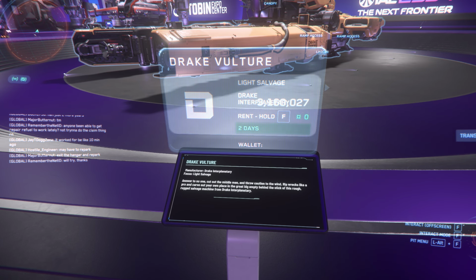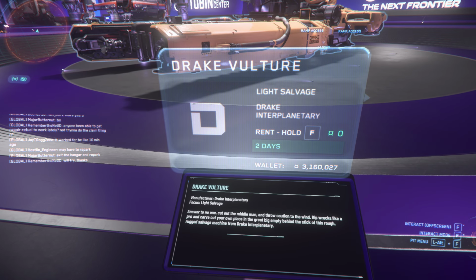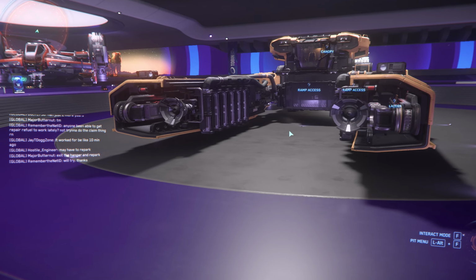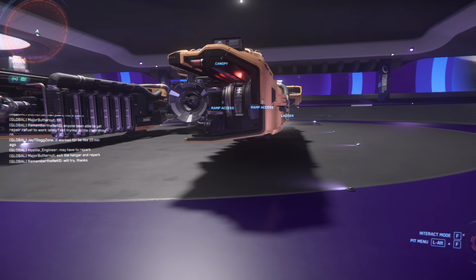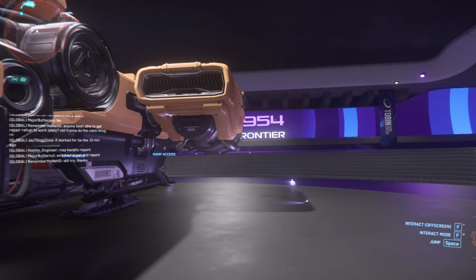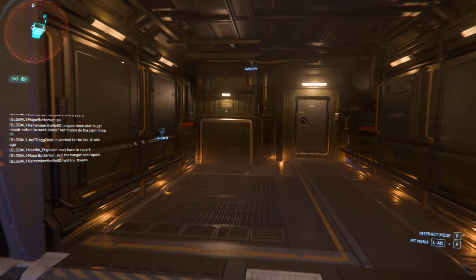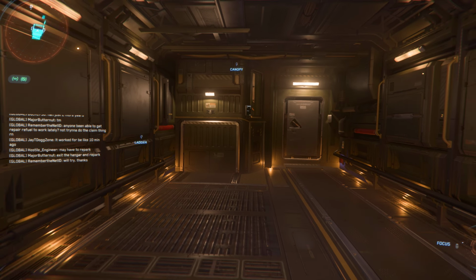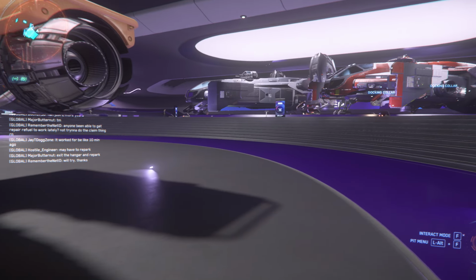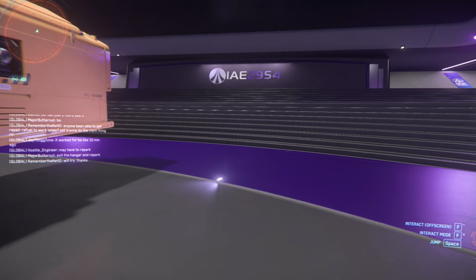Alright, this is the Drake Vulture, which is your single-person light salvage ship. So this can do hull scraping. Eventually it's supposed to be able to do some ship breakdowns on the smaller ships. It can be run by one person. It'd be more efficient with two, because the second guy can sit down here and as you're scraping the ship, it pushes out the container cubes of material,